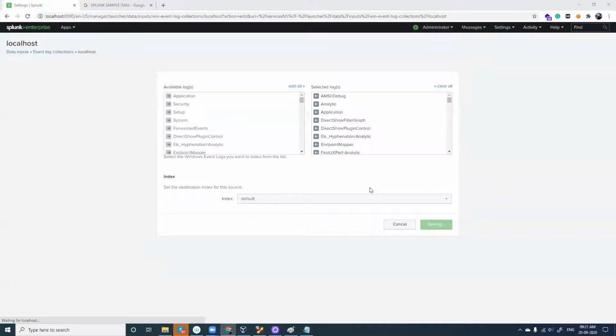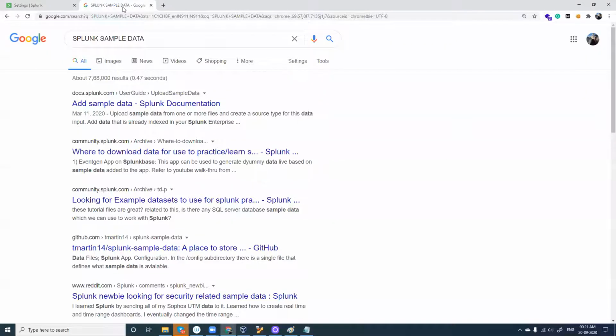So the first example I showed you: yes, you can download any sample data, upload it to your Splunk, and check and analyze all the data, just like Wireshark. Wireshark is going to give you network traffic. Splunk is going to give you log file traffic, right? It is going to give you all the details.